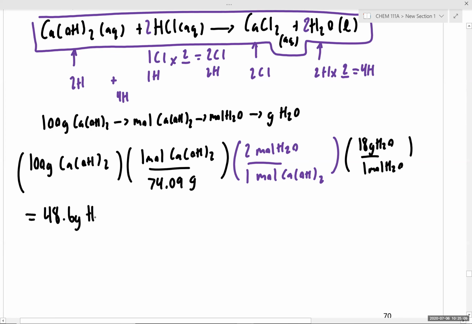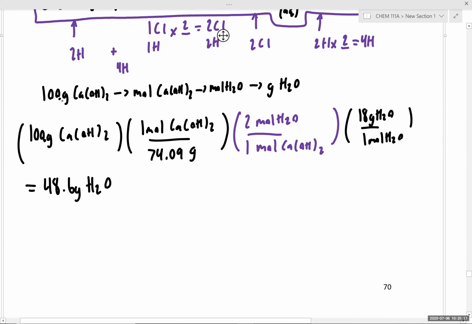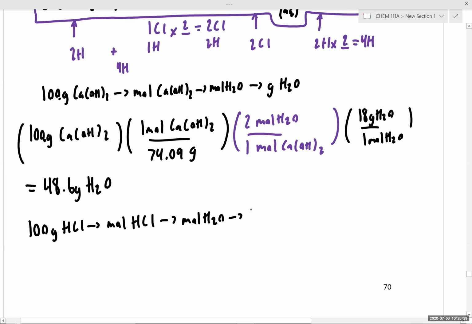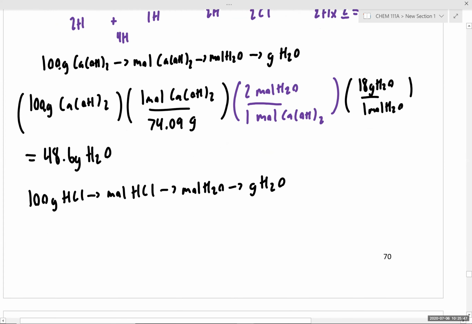48.6 grams of water, respecting the fact that our input had 3 sig figs, since there's a dot at the end of the 100. Now, we're not done because we still need to figure out the mass of water expected from our other reactant. So we're going to take our 100 grams of hydrochloric acid and perform the same conversion where we go to moles of hydrochloric acid, then to moles of water, and finally to the grams of water. So we're trying to calculate the mass of product expected if we completely consume all of our